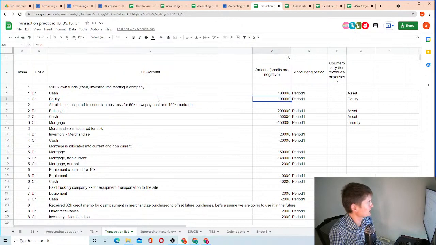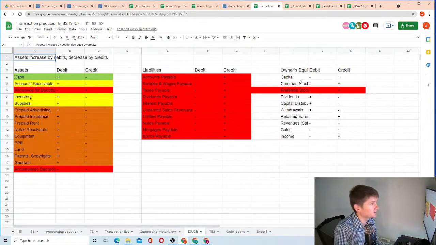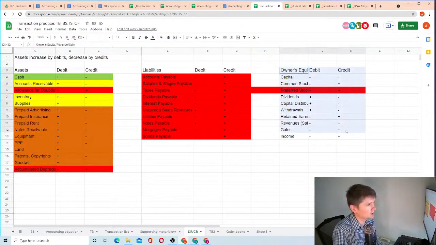And because it's equity, and you need it to balance, we put a negative 100,000 there, and we put a credit there, because if we go here and take a look at owner's equity,